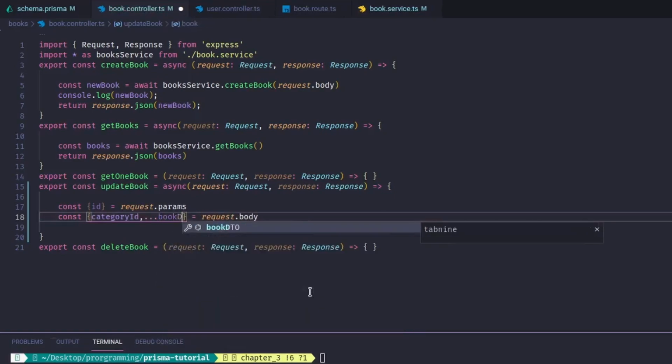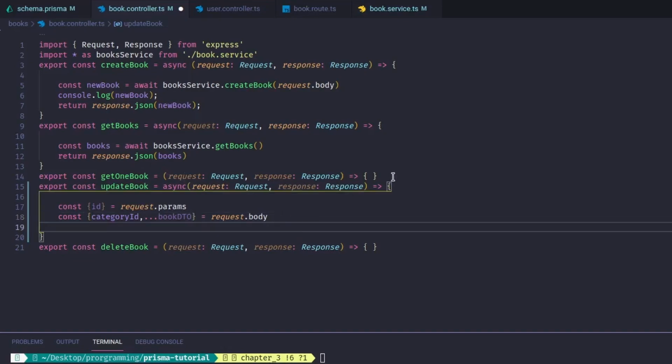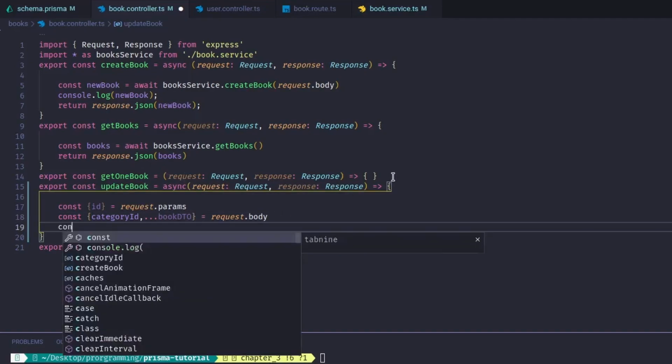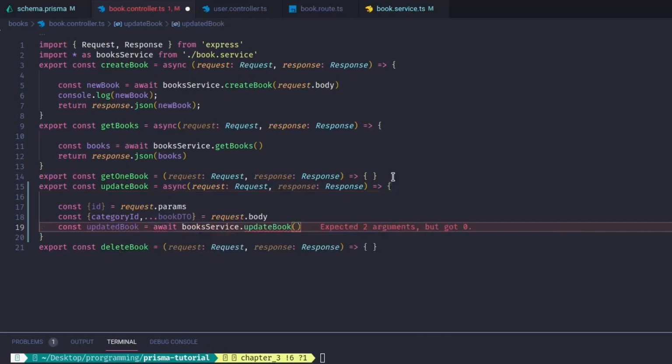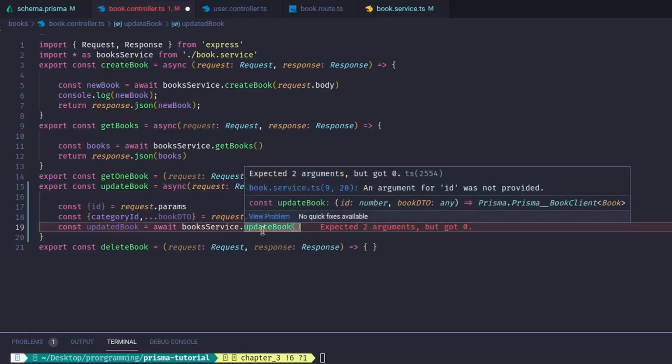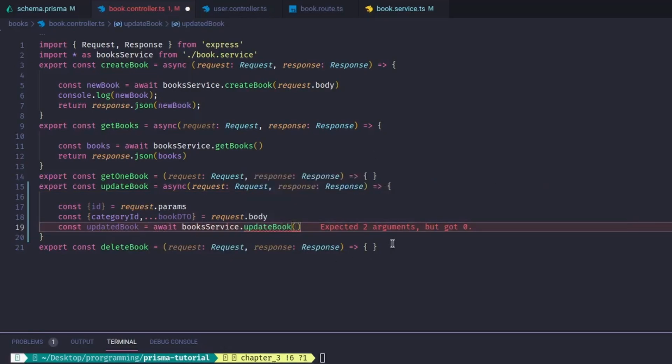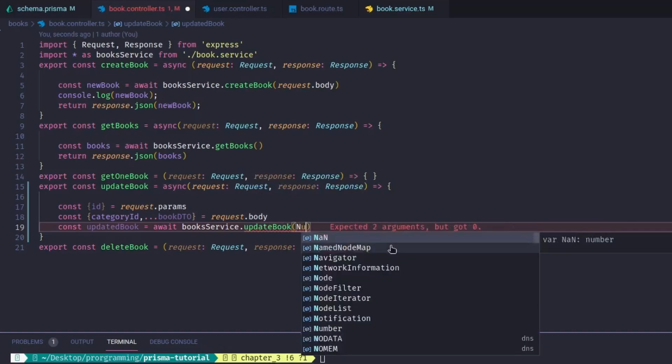Now the next part is, similar to what we have done in our user, we'll say book DTO to destructure the book DTO. Next, we are going to use const updated book for our object, and in here we'll mention await book service update book. So in here it's asking for us two things. First, it's asking for us